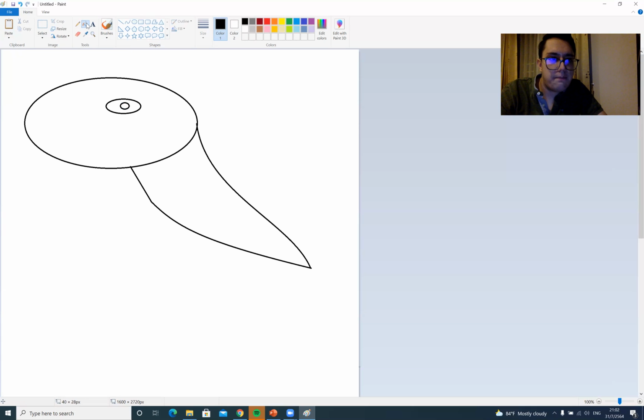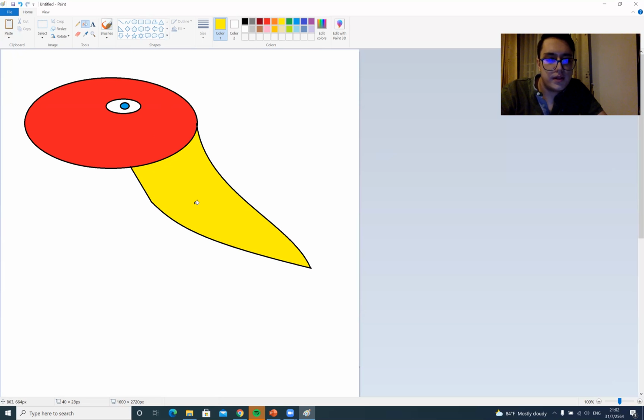We can use the bucket here and choose a color. Maybe we can choose blue color and color the eyes. We can color the skin to red. We can have a yellow